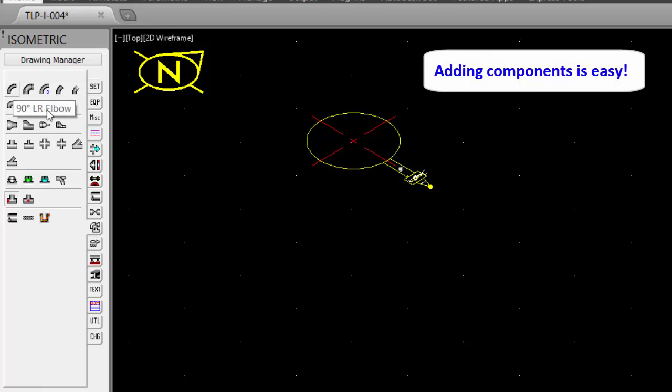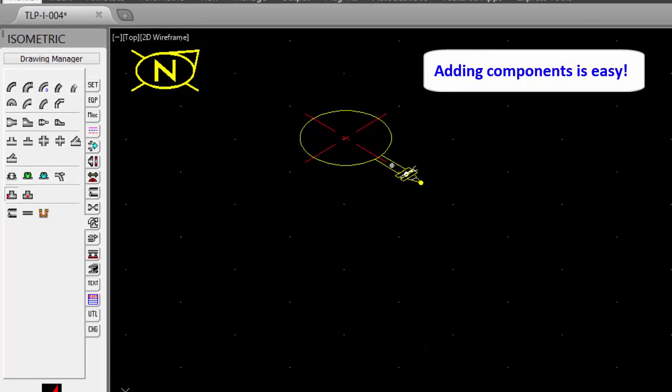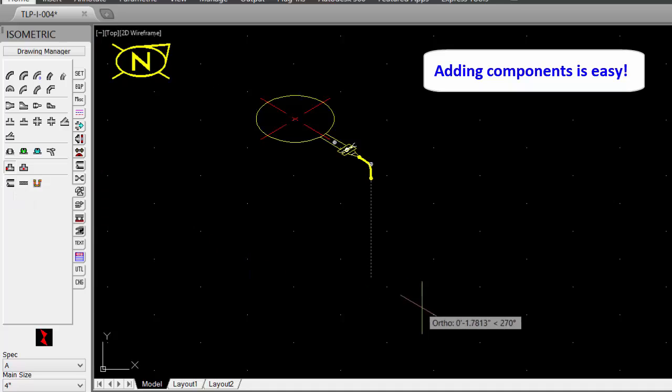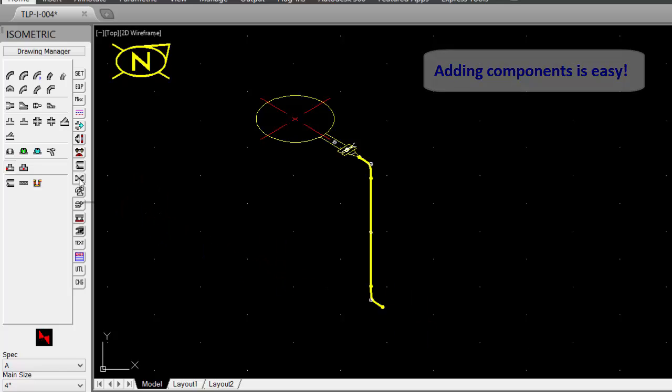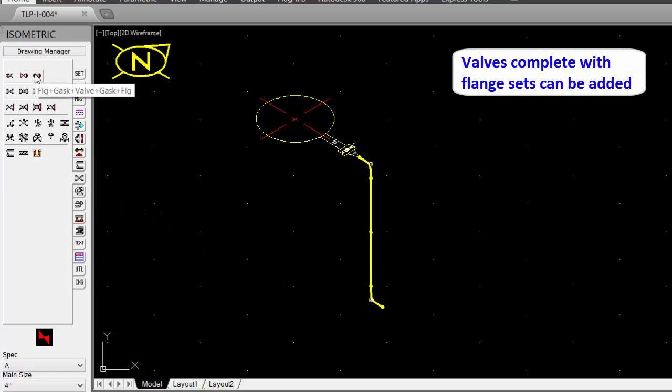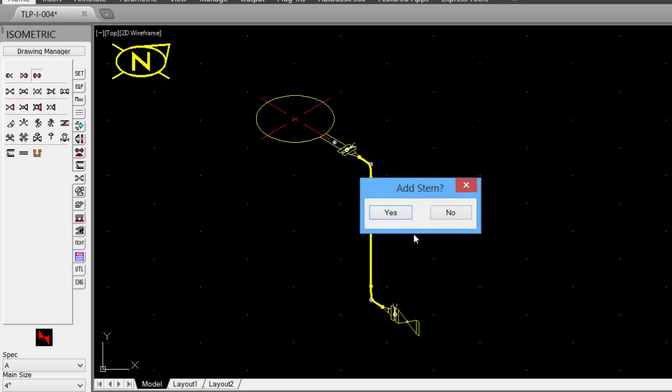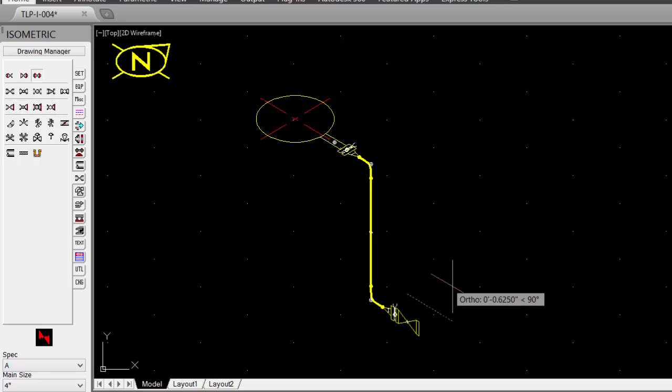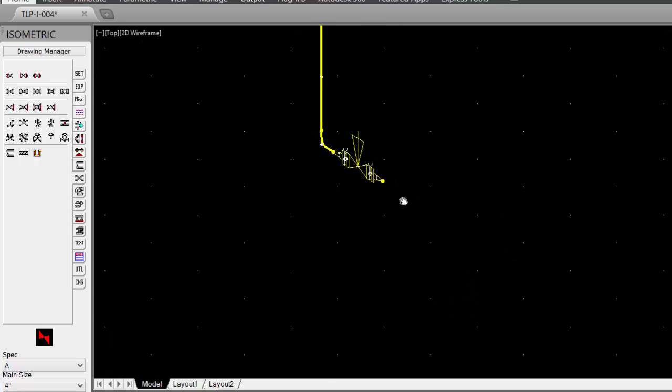Add a 90-degree elbow, change the direction, add some pipe, add another 90-degree elbow, changing the direction, add a flange set, and then select a gate valve. Add a stem, pick the direction of the stem, and it inserts the complete valve set. Add some more pipe,